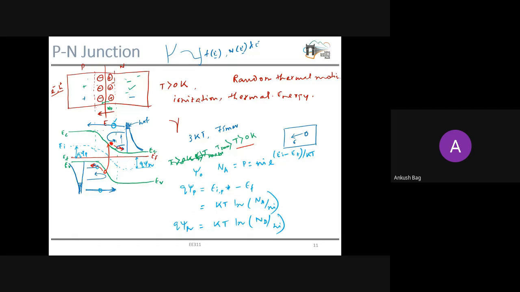And from here you can guess this overall built-in potential,